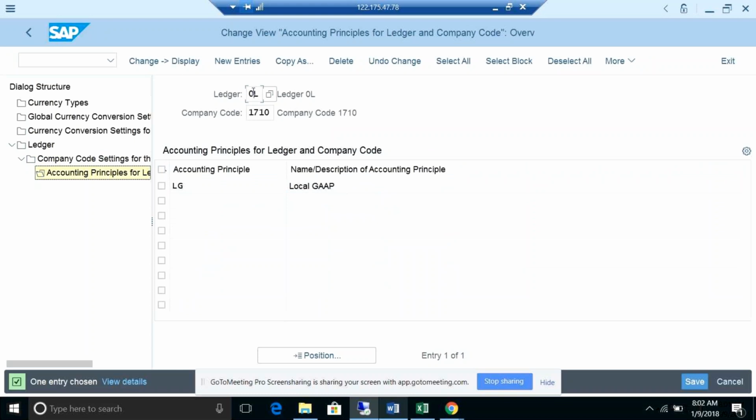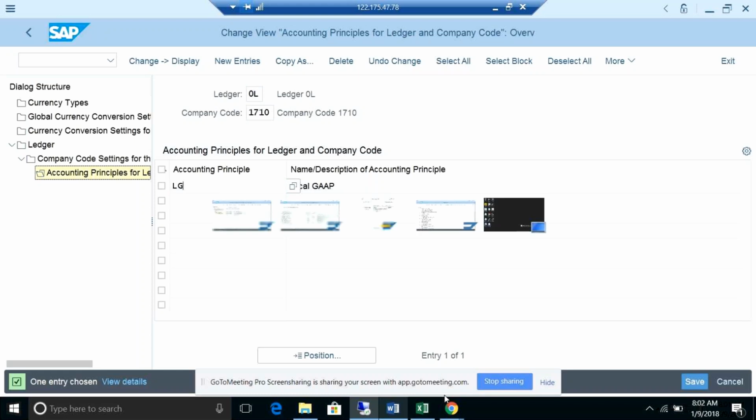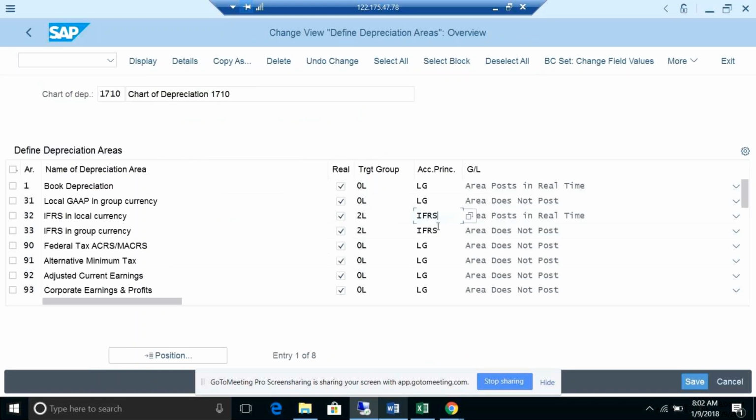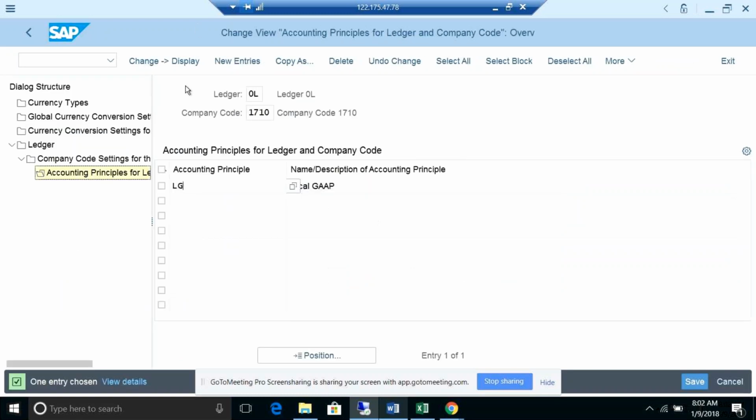For ledger group 0L, for my company code 1710, I assigned accounting principle LG. Okay, let's see other things also, whatever we configure. So LG and IFRS. IFRS, which I defined, I assigned to my ledger group 2L, right? So let's see that as well.